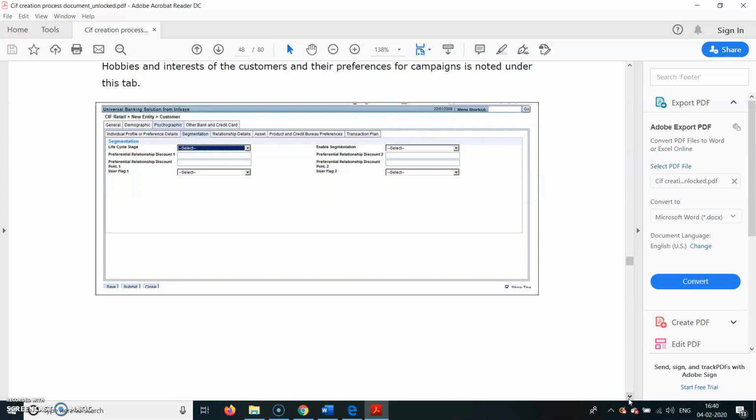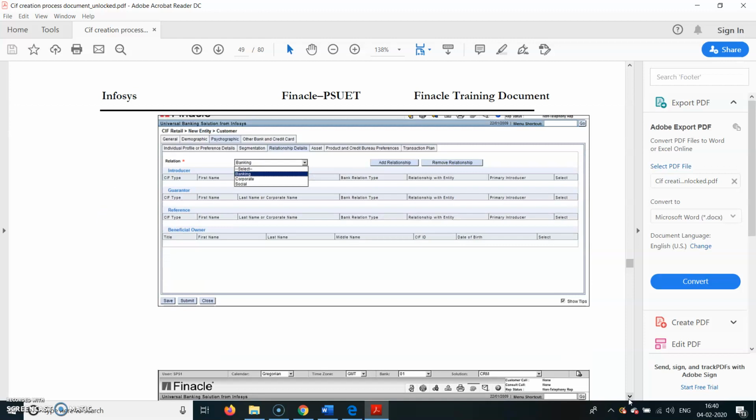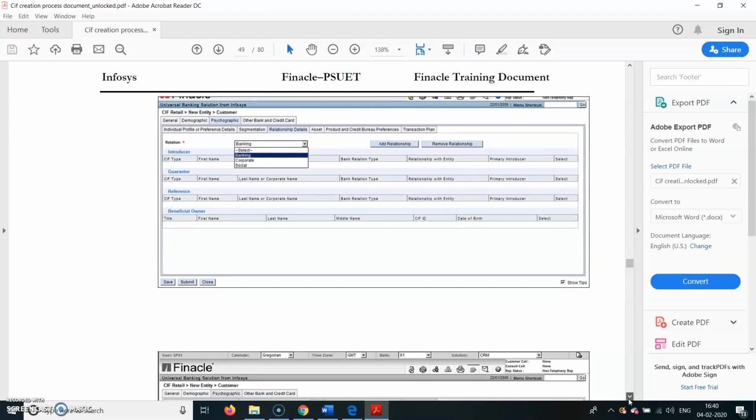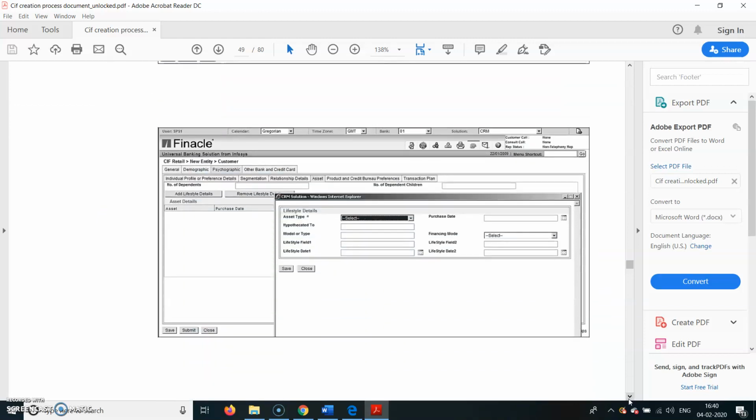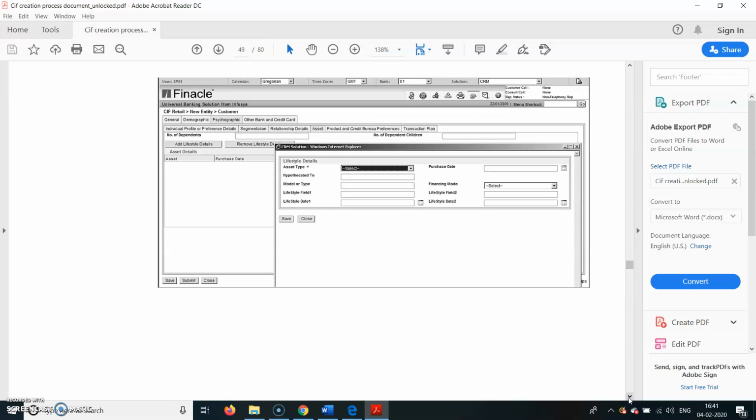Hobbies and interests of the customers and the preferences for campaigns are noted in the tab below. So finally, the CIF ID will be created and it has to be verified by the checker, who will be visiting all these fields and ensuring whatever data has been filled by the customer is